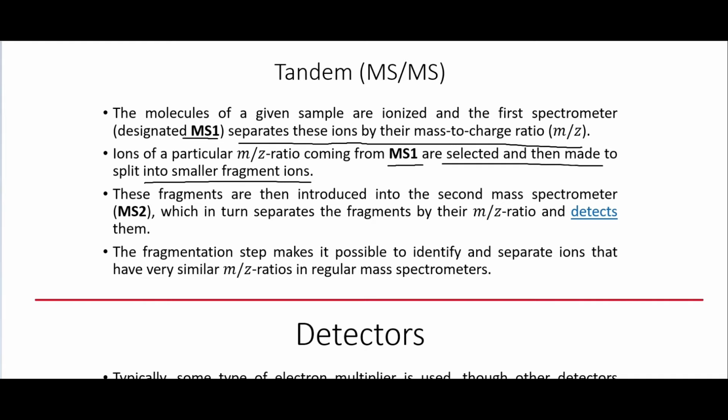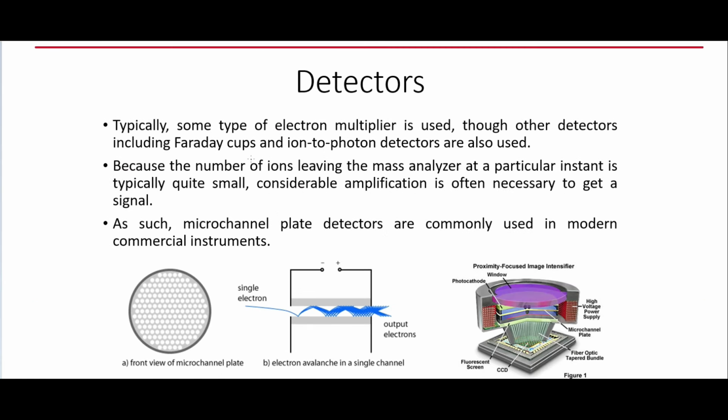so that we can then detect those. And so we can then sort of focus in on a particular mass and then break it into smaller masses within that, so that we can see the molecules at a higher resolution. You can maybe see how this would be really nice for very large molecules such as proteins. All right, so then the last thing I wanted to talk about, and I'm not going to spend as much